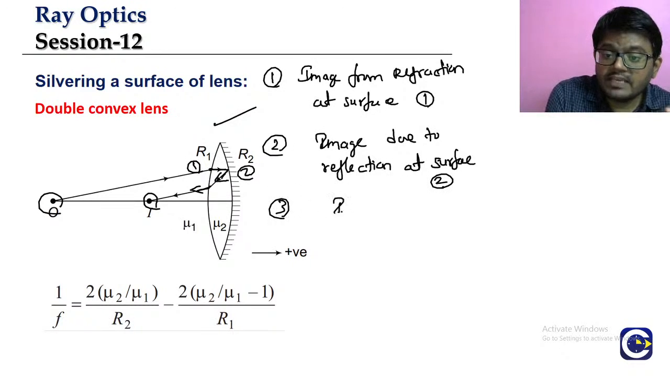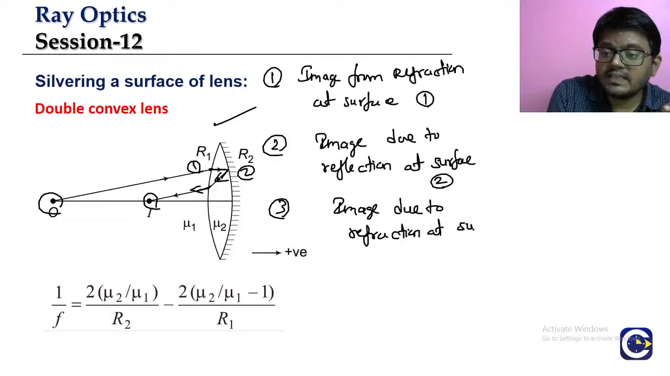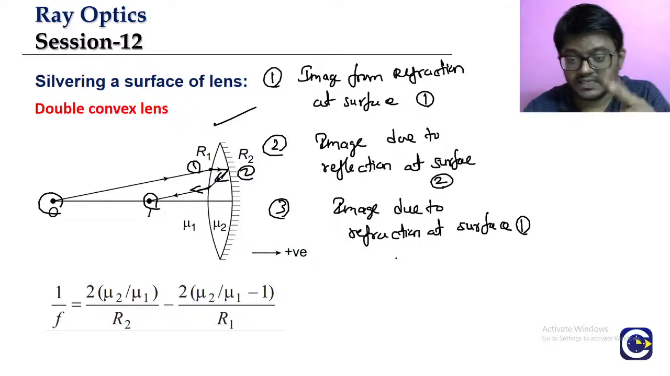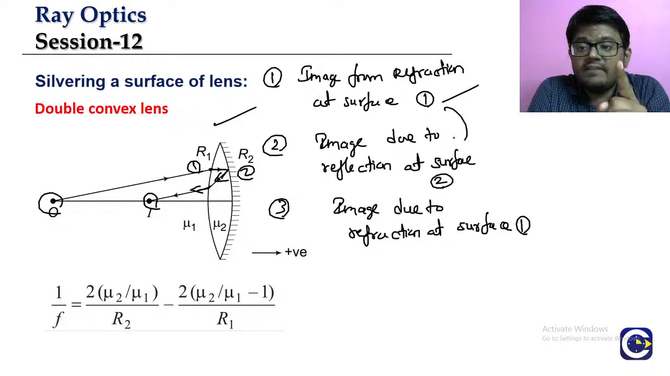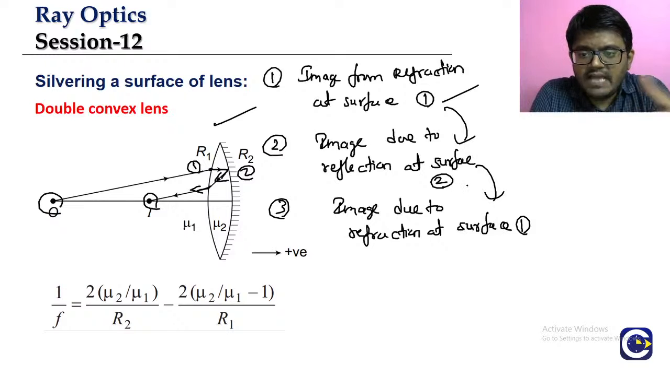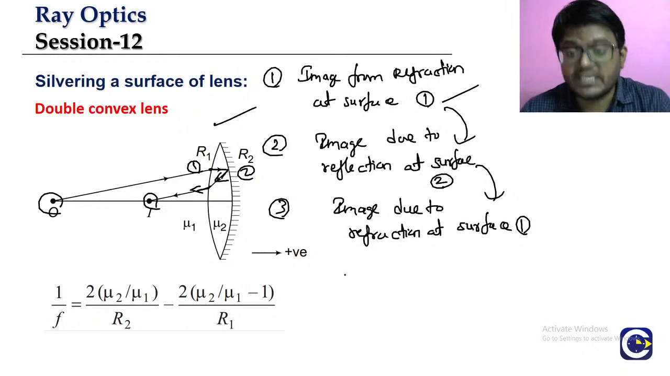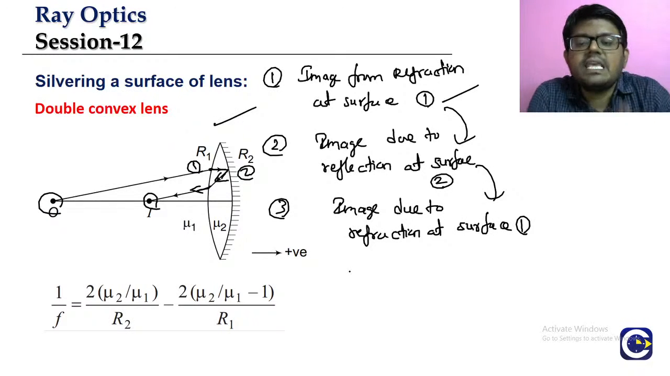Then we have to take the image due to refraction at surface 1. Three steps: the image formed by the refraction at surface 1 will act as the object for the reflection happening at surface 2. The image formed by the reflection at surface 2 will act as the object for the refraction at surface 1. Three steps. Here we are not going to do the derivation, but if you add all these three equations,